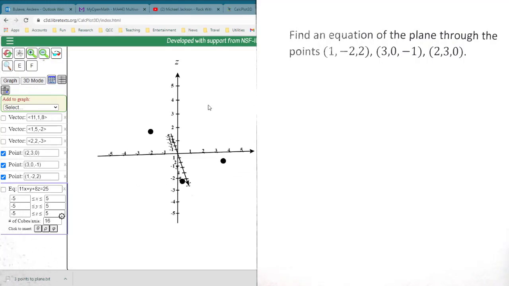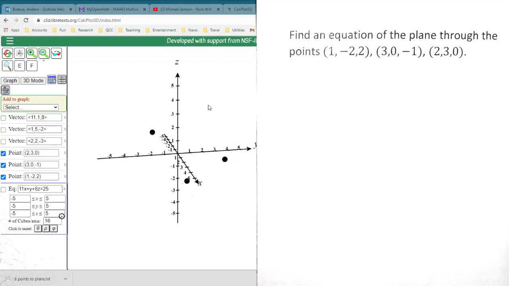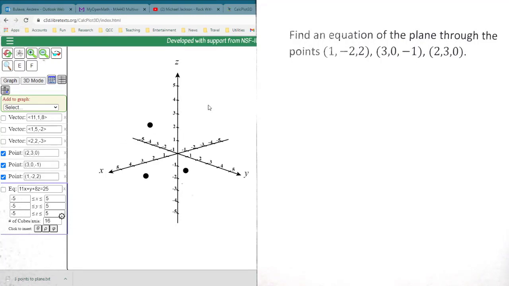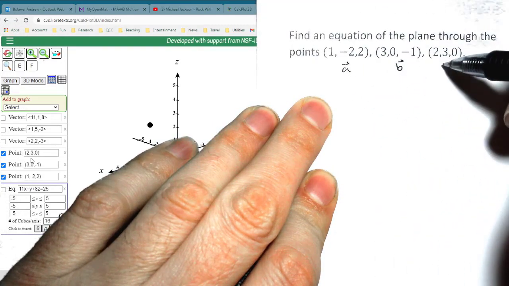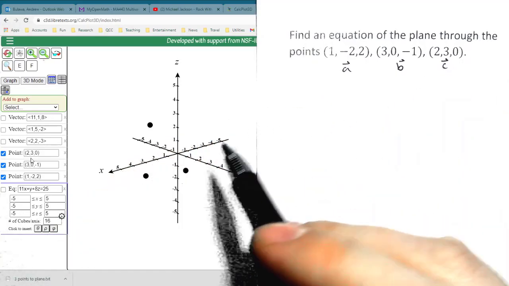Now, how are we going to get it, though? All right. Well, what we need is a normal vector to the plane, right? Once we get that, we can write down the equation. So how are we going to get the normal vector? Well, we can create some vectors here that lie in the plane. For instance, if I label these points A, B, C, and I'm viewing them as vectors,